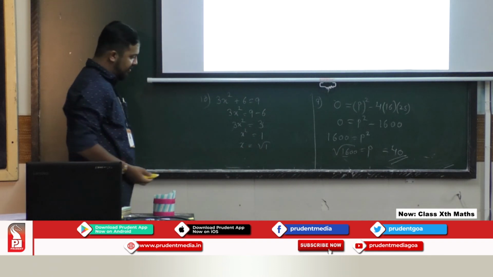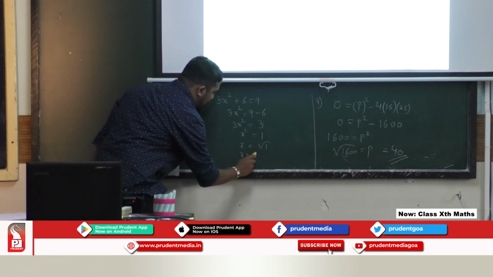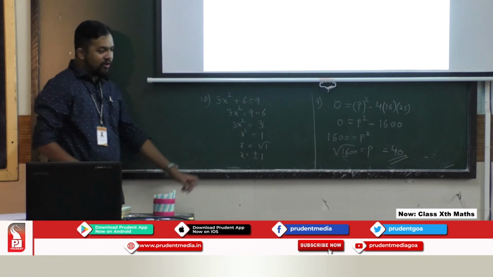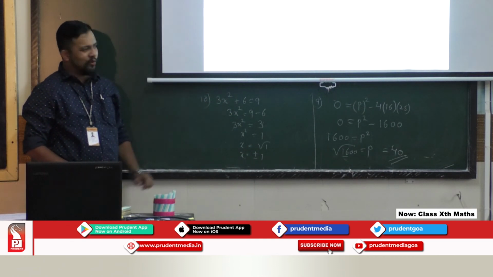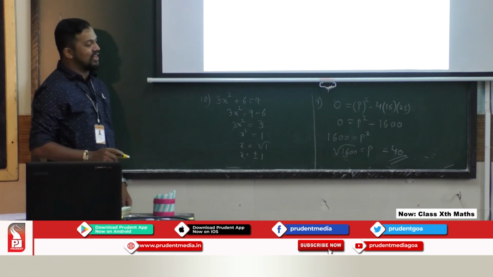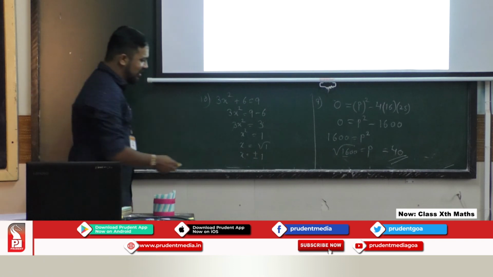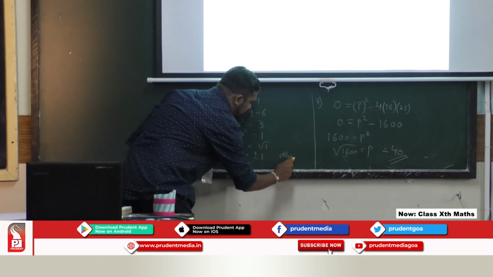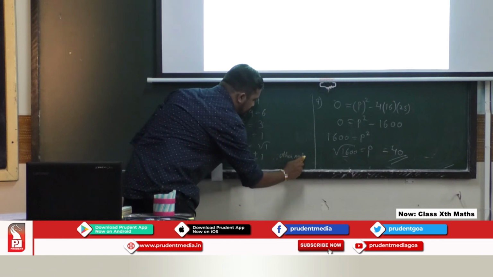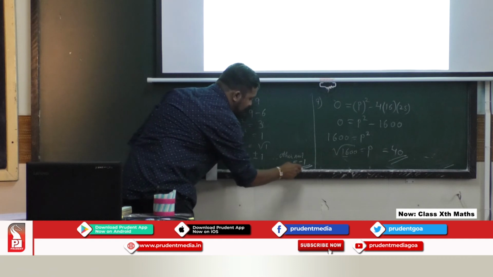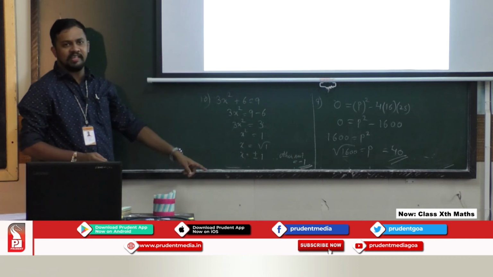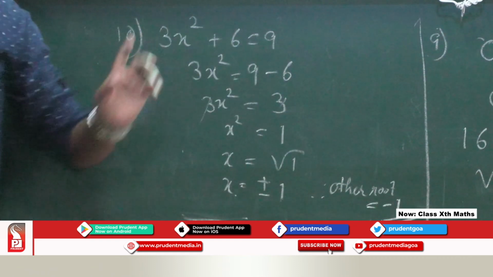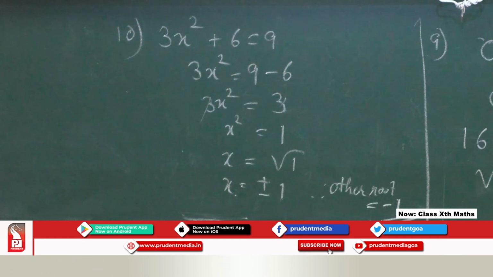And you know what is root 1? Root 1 is plus or minus 1. Now out of that, plus 1 is already given to you. You can see one of the roots of the quadratic equation is 1. So what will be my other root? Therefore, my other root will be minus 1. Because already positive 1 is there, what is remaining is negative 1. So negative 1 is the other root. Okay, so these are the types of fill in the blanks which come under this topic, quadratic equation.